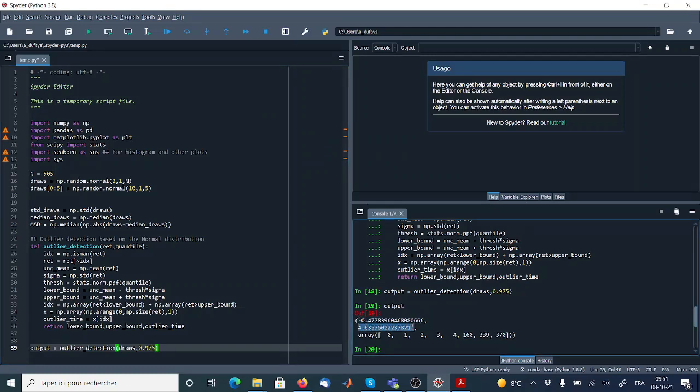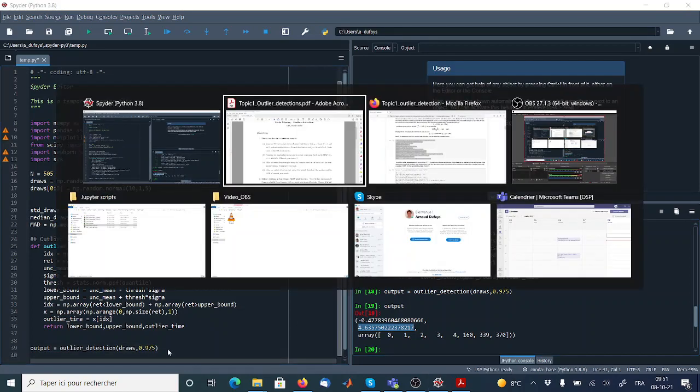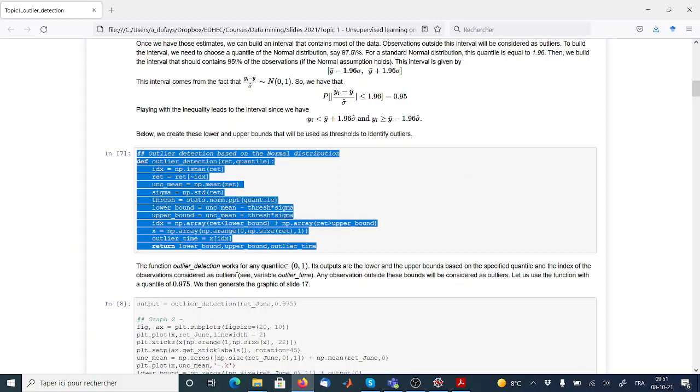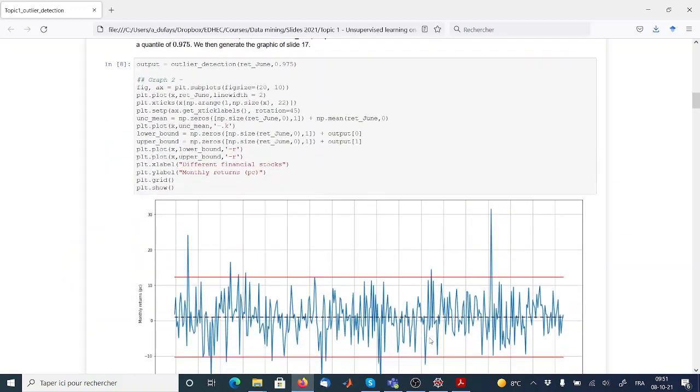So now what can I do? First I have to make a plot of the draws variable. If you look at the replication file for the slides, I have exactly what I'm looking for. I have a graph here with some observations and a lower bound and an upper bound. So let's just take the code here